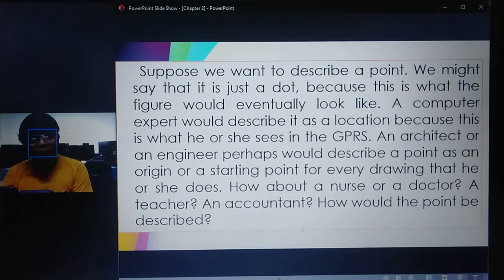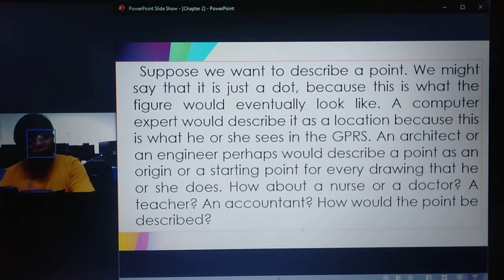Maybe, some of you will say, parang sabi nga dito, some of you will say it's a dot. Pwede nga, diba, dot? Yung tuldok, and that's a point. Diba? Pero, how about for the different fields, there is something that kinoconnect doon sa point. For example, sabi dito, doon sa isang computer expert. Sa computer expert, ang point sa kanila is yung makikita sa GPRS. Okay. Sa GPRS,